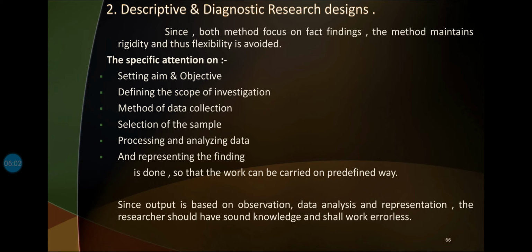However, if the researcher is not good enough in looking at the observation parameters, how can he convert the data in the best possible way? So it is very necessary that the observer as well as the one who will be representing the data should be very sound in the knowledge related to the research work undertaken, and that work should be free from errors. Of course, that error does not mean purely human error. It also consists of error because of the extraneous variables that we have discussed earlier.